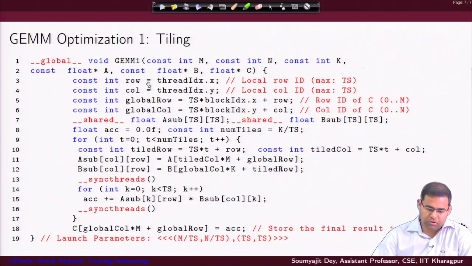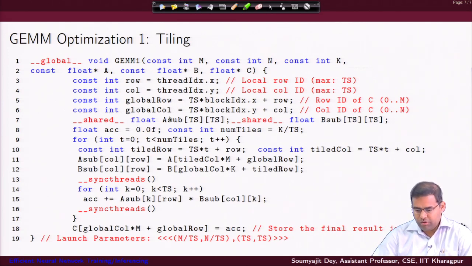We compute the rows and columns, which are for the thread ID x and thread ID y, right, and we use them to figure out what is the global row and column value. So, in general, if you recall our idea of doing the normal matrix multiplication, we are going to launch a block of threads. Every thread block will try to compute the elements for a tile, right. Inside a tile, or in the corresponding view for a block of threads, every thread is trying to compute one element in the tile, right.